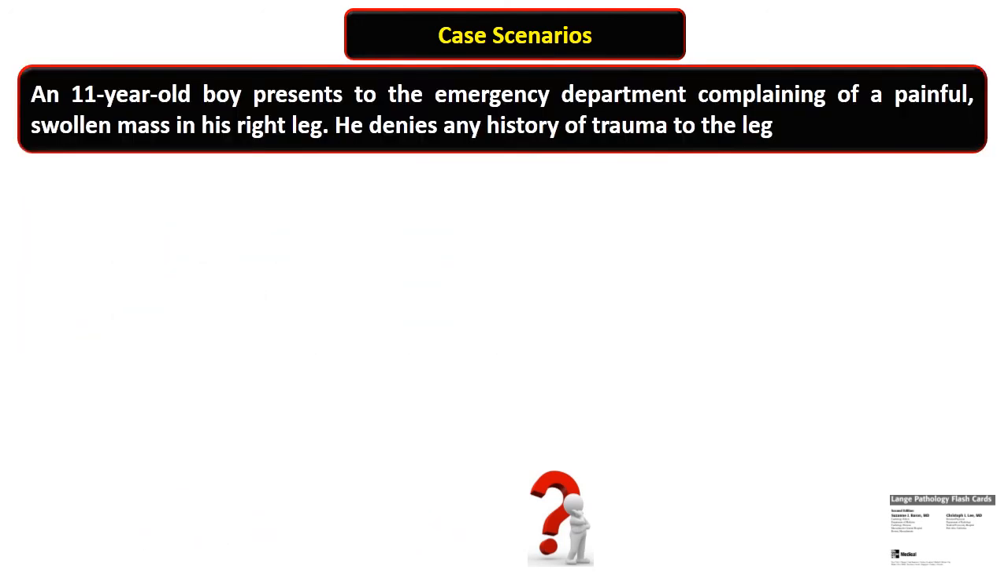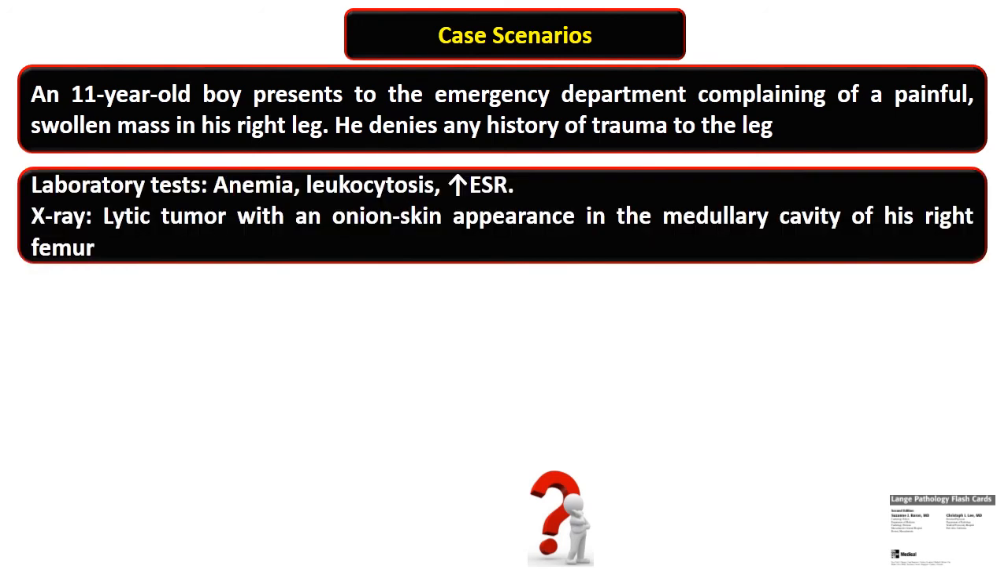The other case scenario was an 11-year-old boy who presents to your office complaining of a painful swollen mass in the right leg. He denies any history of trauma to the leg. Laboratory tests showed anemia, leukocytosis and increased erythrocyte sedimentation rate, while X-ray revealed a lytic tumor with an onion skin appearance in the medullary cavity of his right femur. So the diagnosis for this case scenario is